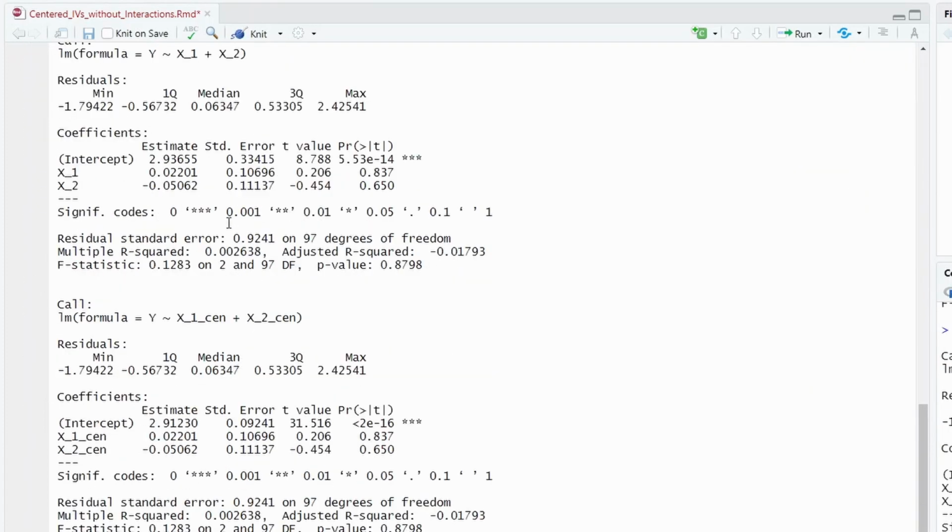So this is the uncentered one, and this is the centered one. As you can see, the regression coefficient for x1 is exactly the same. The regression coefficient for x2 is exactly the same. The only difference is the intercept. The intercept changed. We can also see that the t value and the p value are exactly the same. So the conclusion here, let me write it out, is that